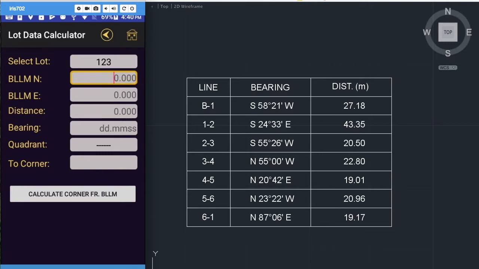So let's say we type the northing of BLM number 1 is 20,000. Now our easting will be 20,000 also. Now here we'll type the distance. The distance will be 27.18. So for the bearing, type natin is